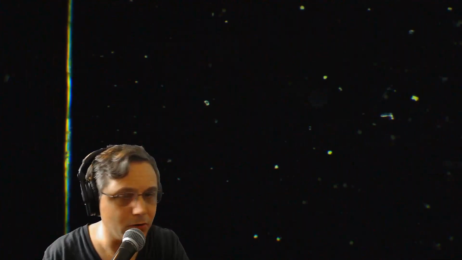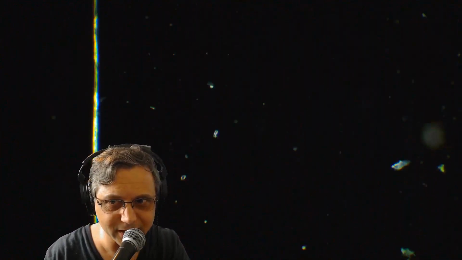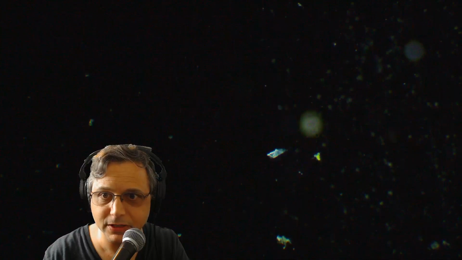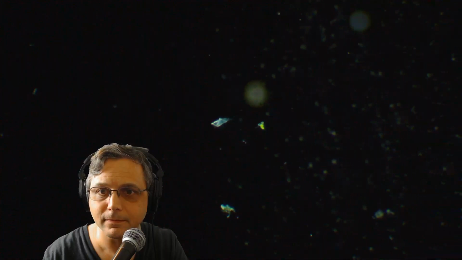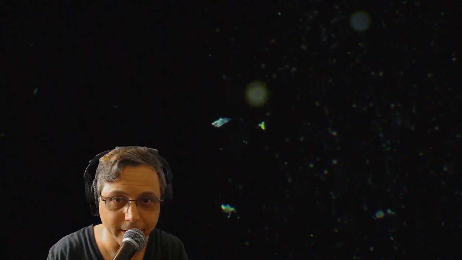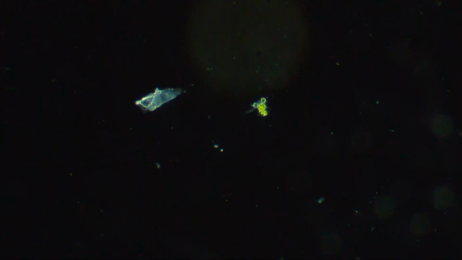The problem with this is, one drop at a time. Can only go one drop. Here's something. What's this? I'll take myself out here so we can take a better look at this. Yeah, it looks like a rotifer. There might be a little air bubble there. I try to prevent air bubbles as much as possible. I can see one on the slide that's right in the middle of the cover slip, but we're off to the edge right now.